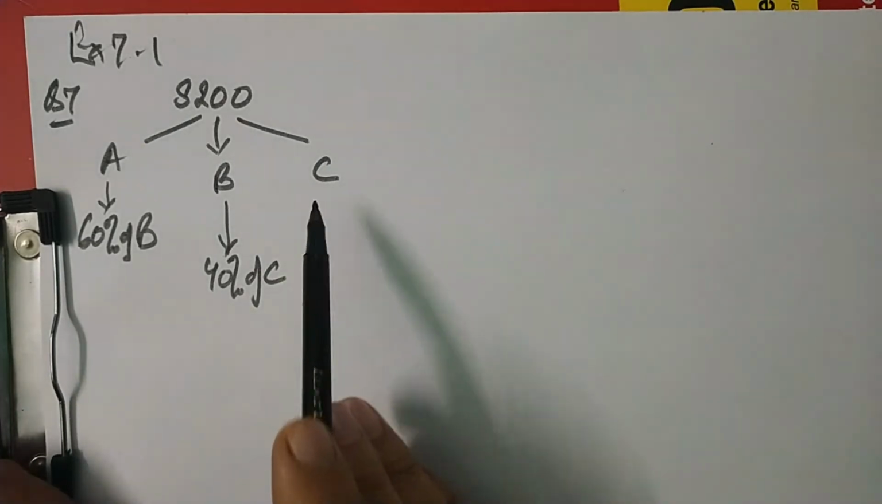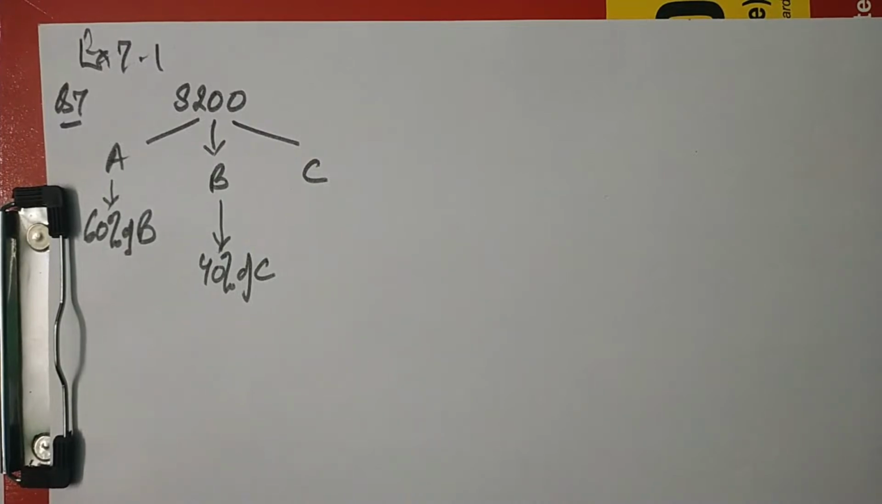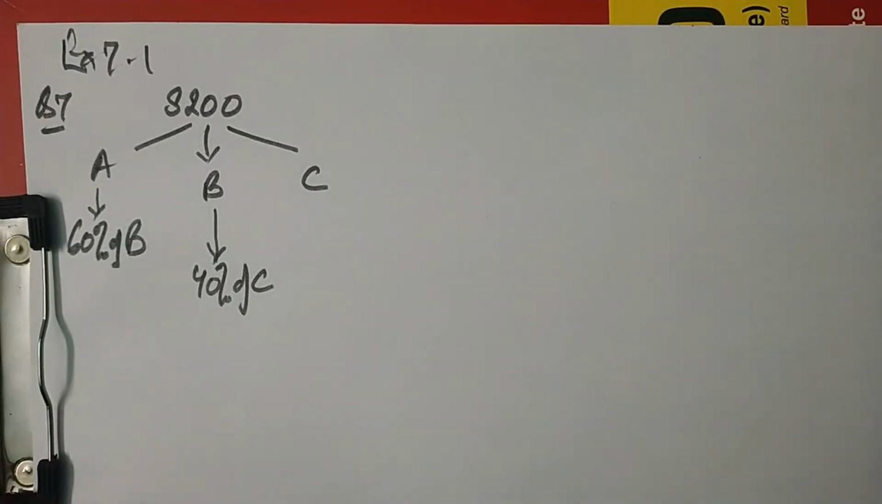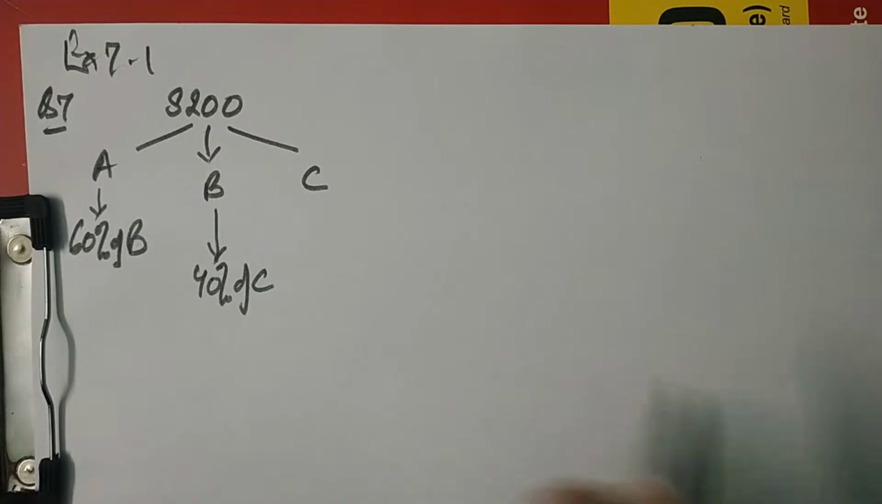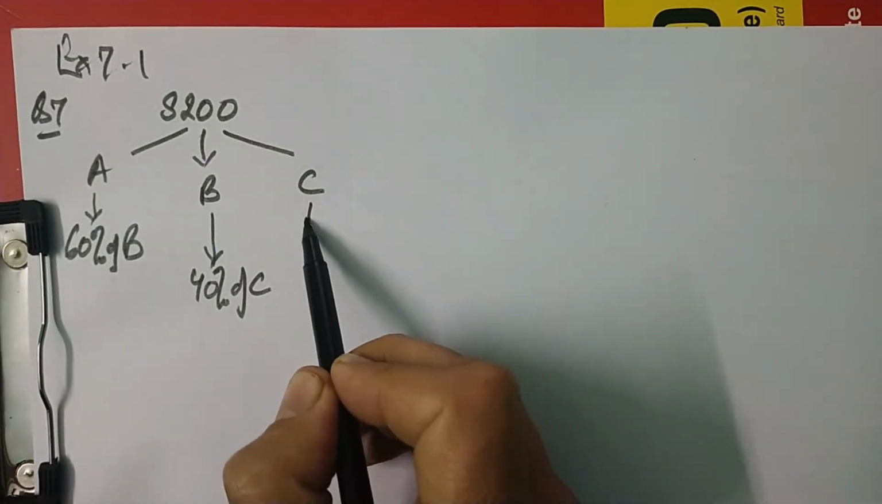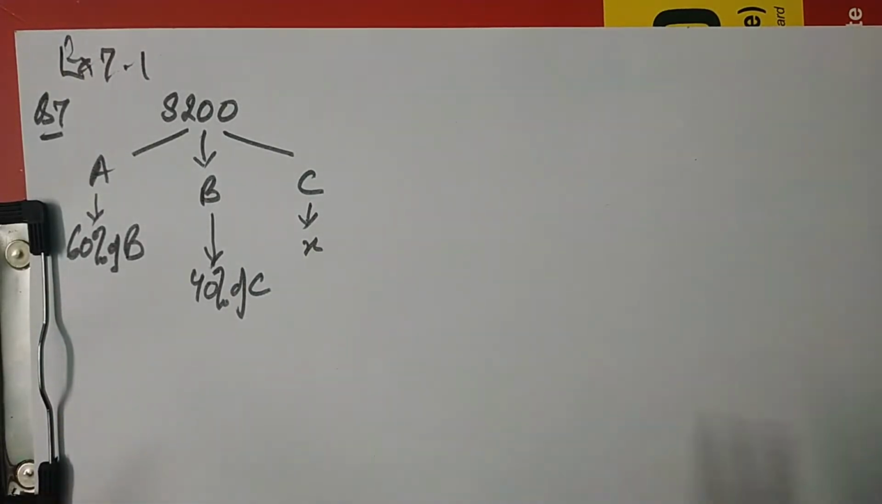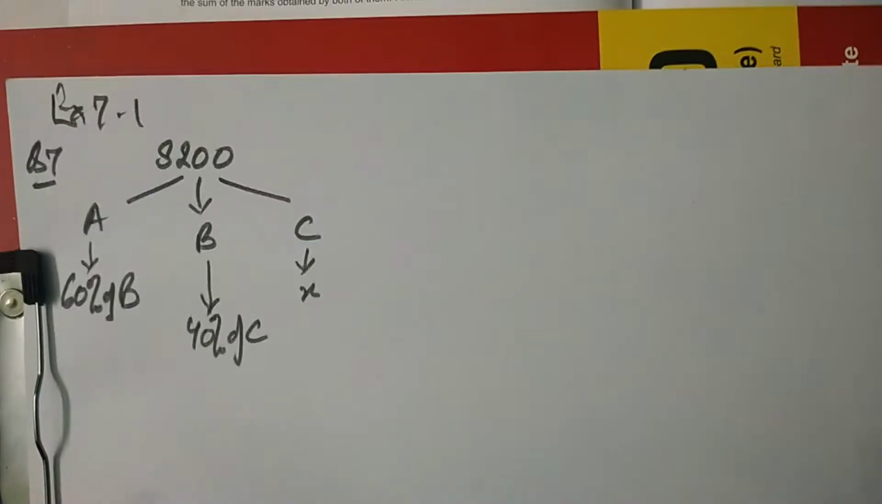So if I suppose C as x, then B I will get 40%, A I will get 60%. So you have to suppose C is x and then keep putting the values. Keep this diagram in mind and write,